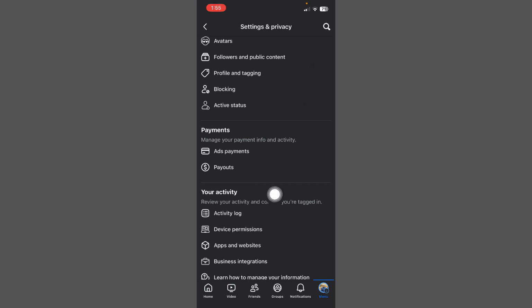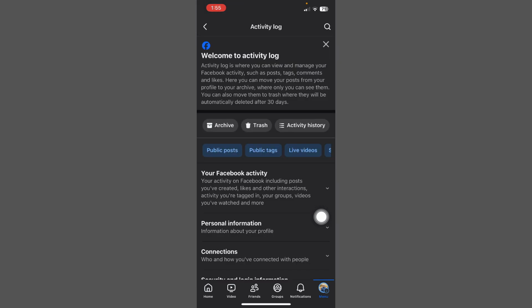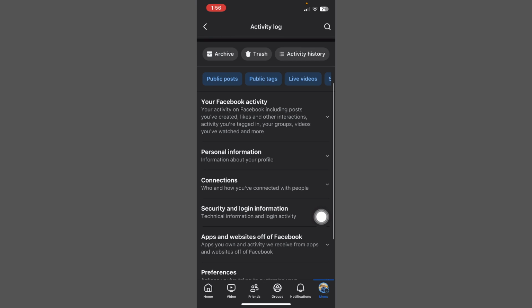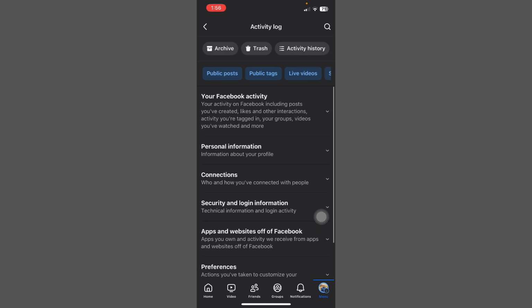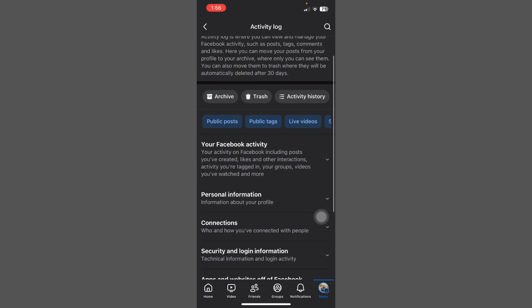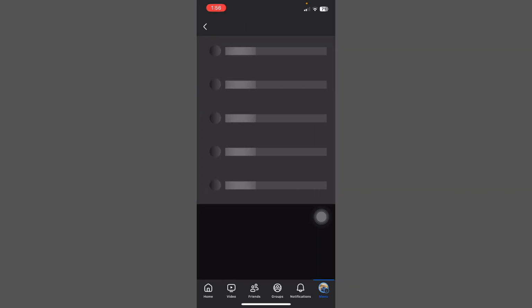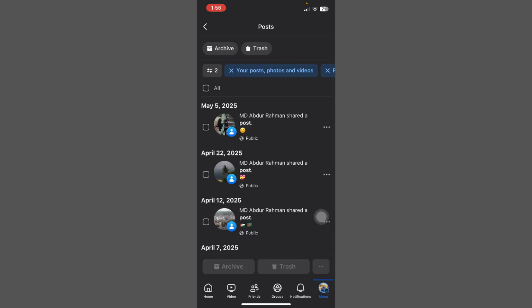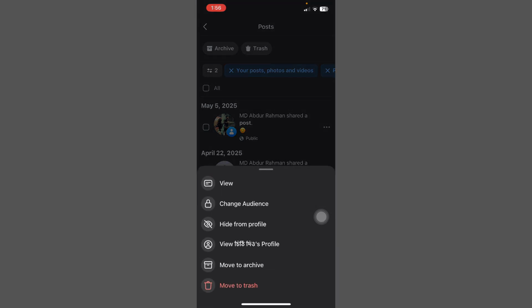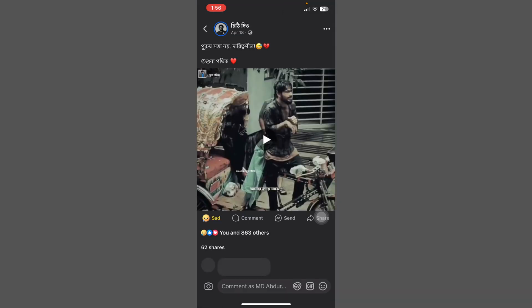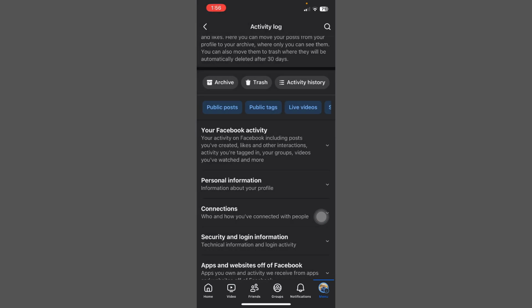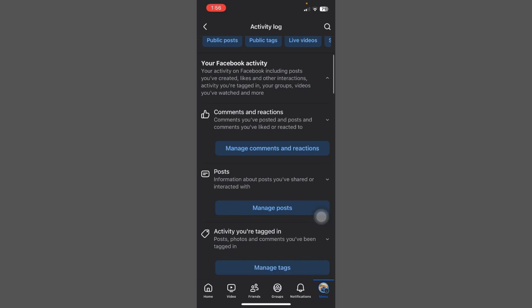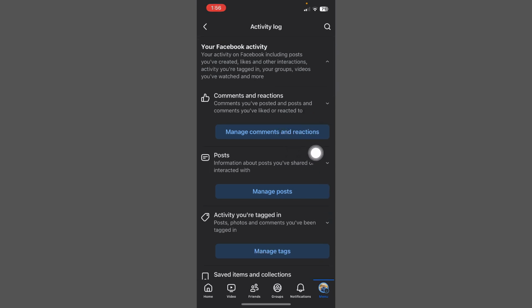Tap on your activity, click on activity log. Okay, scroll down and tap on this option. Click on view, then back, tap on this option. Okay, click on this option